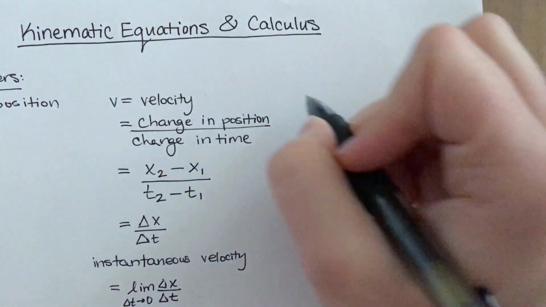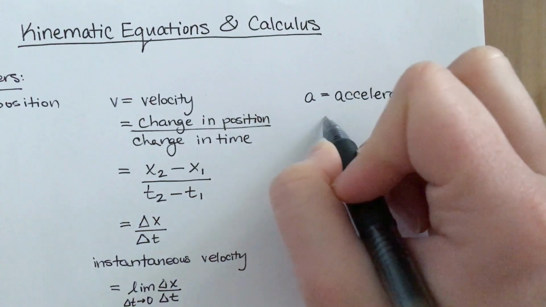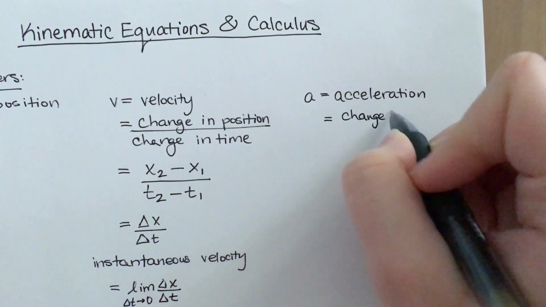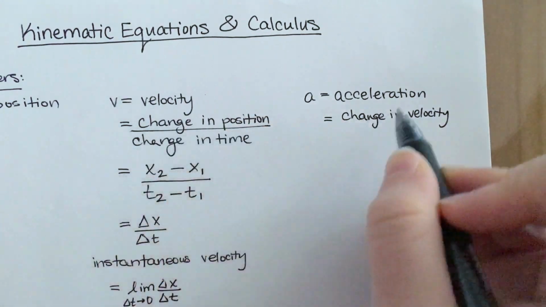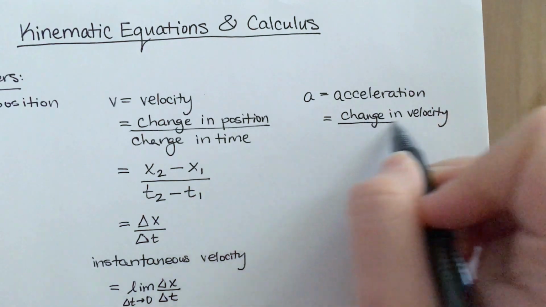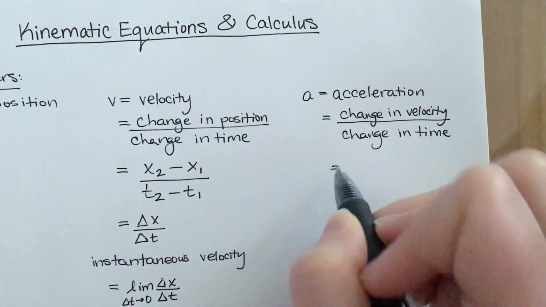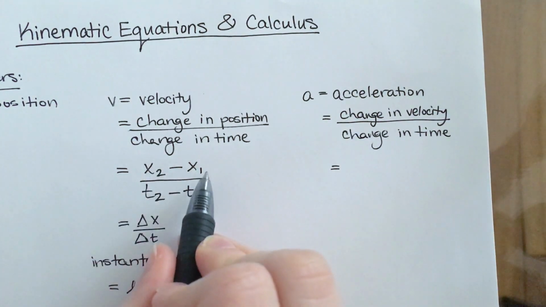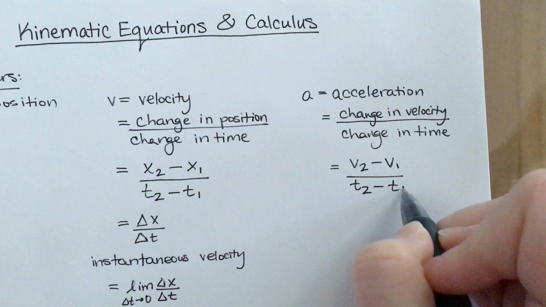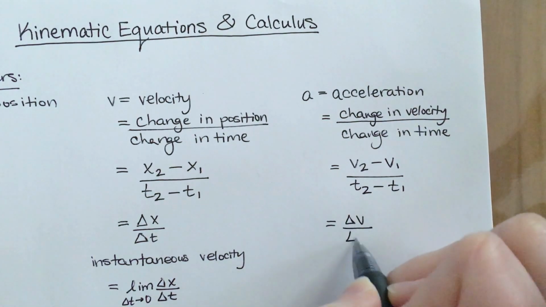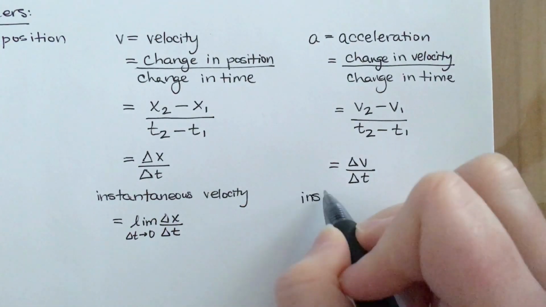And very much related, we had acceleration, which we wrote as a. Acceleration is defined as the change in velocity. So notice it's very similar to velocity, which was the change in position, but now acceleration tells us how our velocity is changing and how it's changing with respect to time. So once again, instead of change in position, we are doing change in velocity at those two time places. And we could represent this with a delta v over a delta t, our change in velocity over our change in time. And we had instantaneous acceleration,